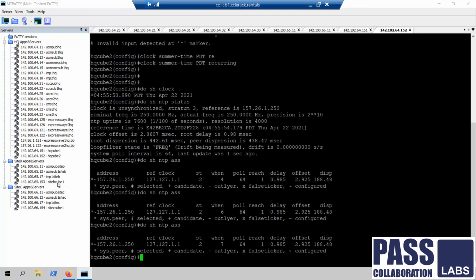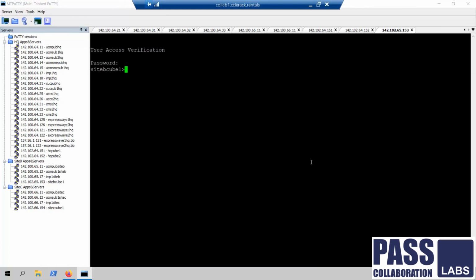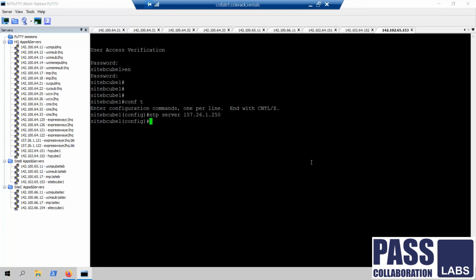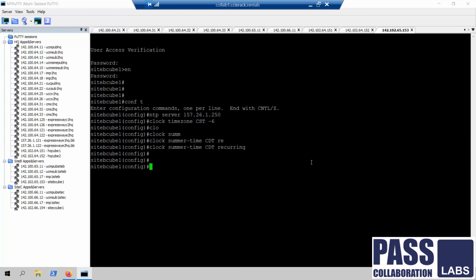Next is site B. Configure the NTP server. Now this is CST, Central Standard Time Zone -6, and for summertime CDT. There you go. Clock is reflecting the CDT time zone.